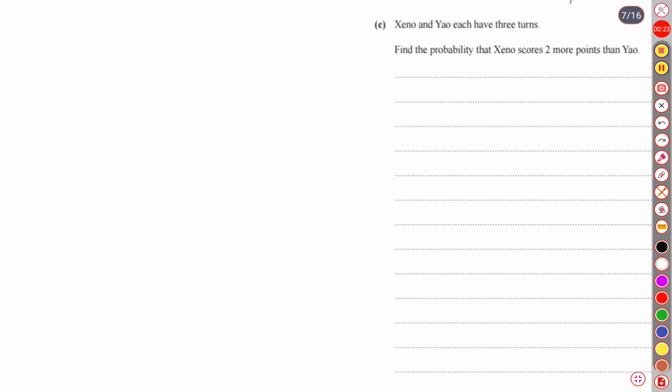The total number of experiments, three turns, is given. In such cases, when the total number of experiments is given, it is binomial distribution. So let us write X belongs to binomial distribution, and the parameters are the total number of experiments, which is